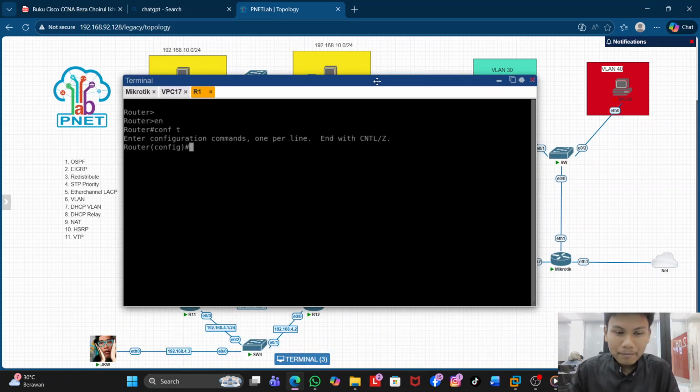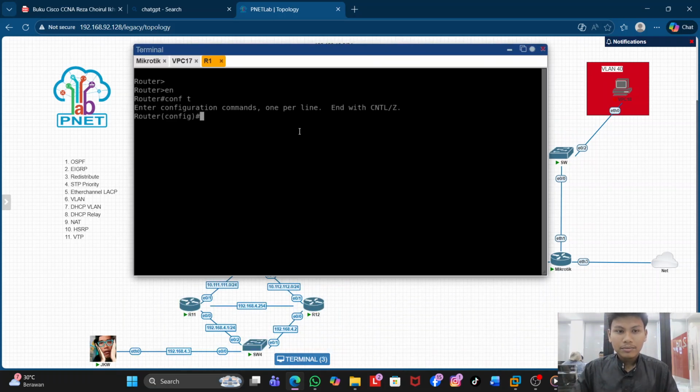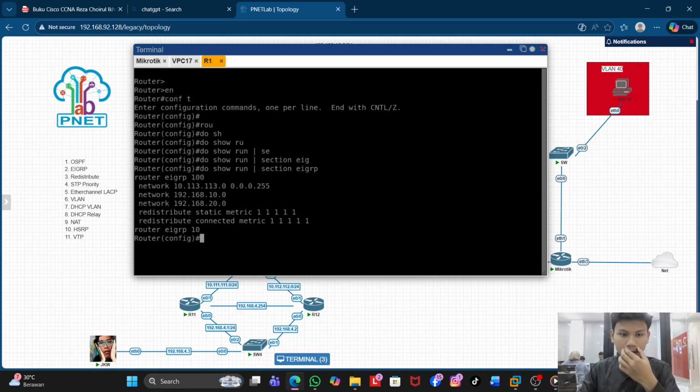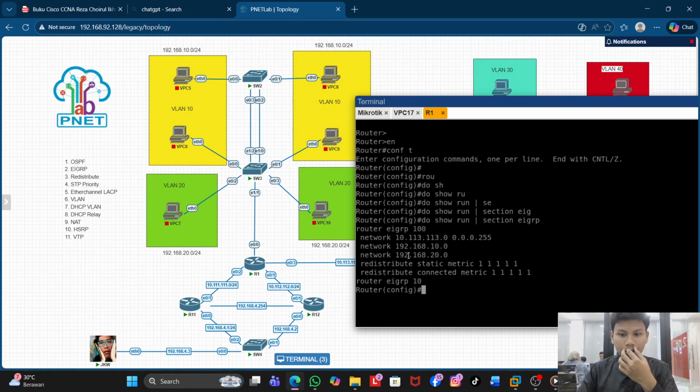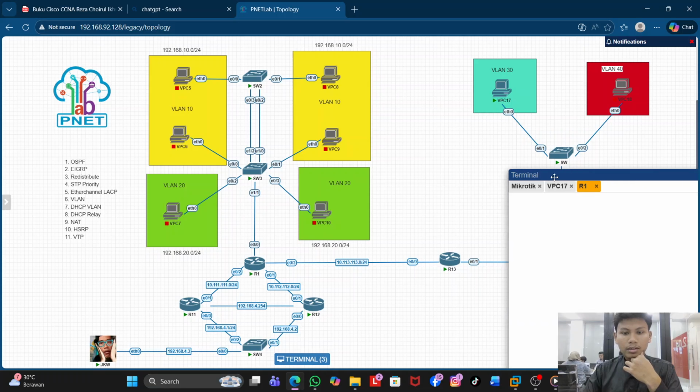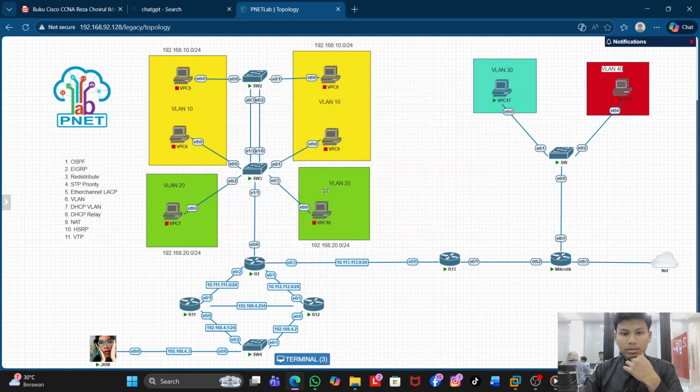Do show run section EIGRP. Here's the network of VLAN 10 and VLAN 20, and here is the EtherChannel that goes to R13, as you can see here.